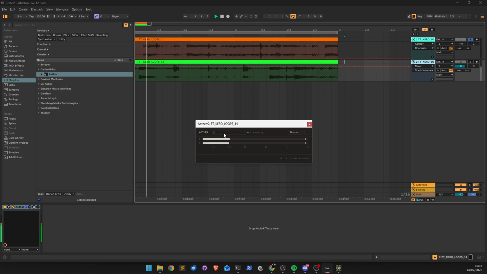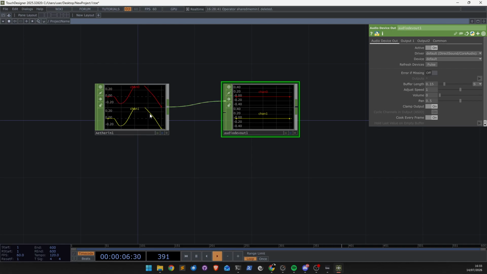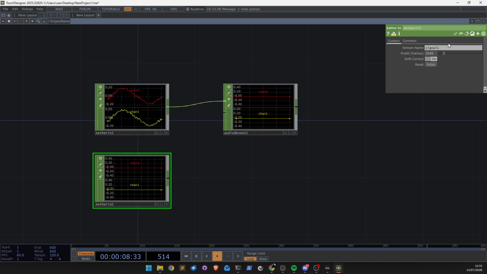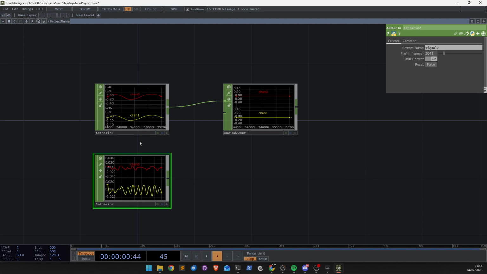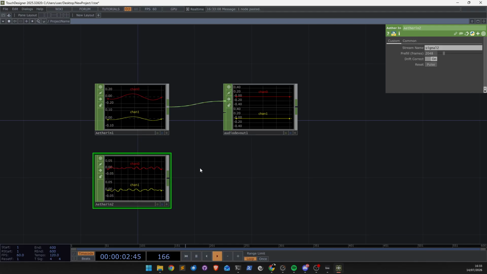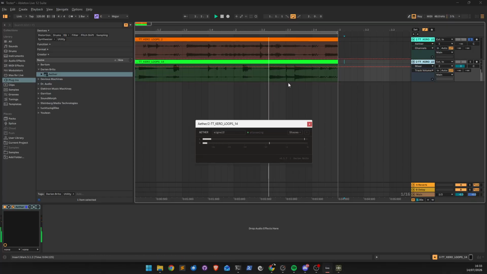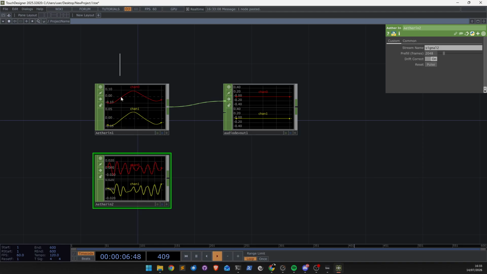Let's call this one signal 2, and then in TouchDesigner, let's create another Aether In called signal 2. You see here that I have two called signal 1, and this one will get confused because there's already one existing signal 1, so let's just call it signal 2, and now it works perfectly fine again. Okay, so now we have the two tracks sending, and we have two distinct